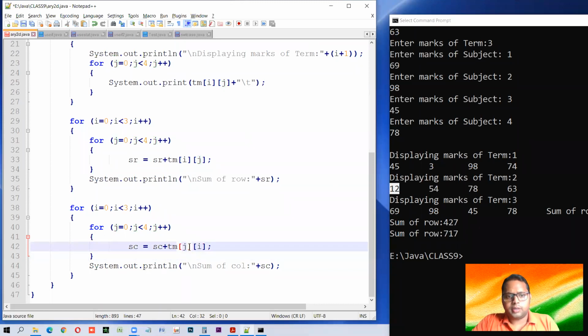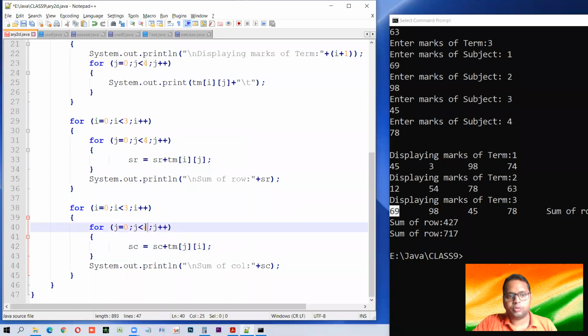So here j is inner loop, j is changing. So j will become 1 and i will be 0, means row 1 column 0. So this is row 1 and column 0. Then j will change again and will become 2. So row 2 and column 0. But it has to go for 3 times because less than 4. So third row is not there. So here there may be a problem.